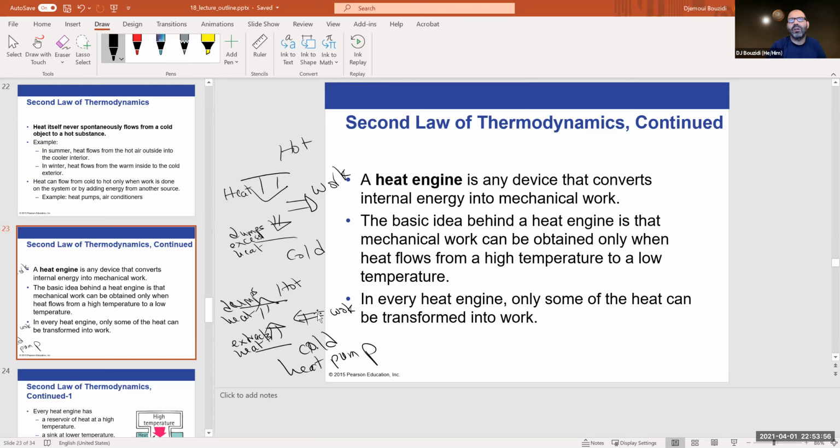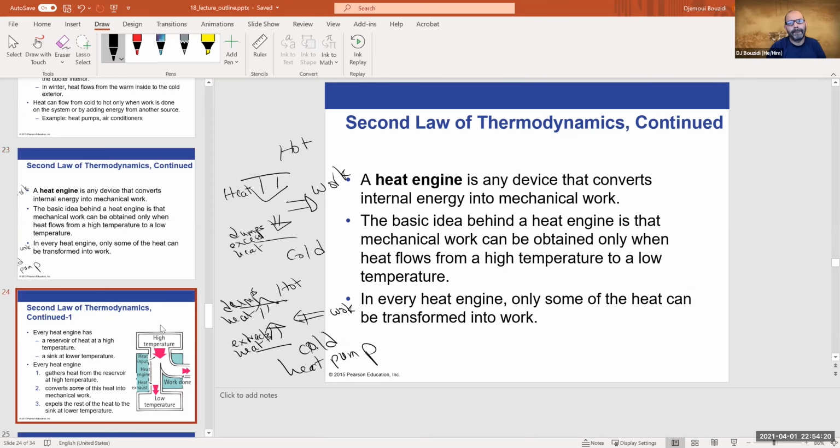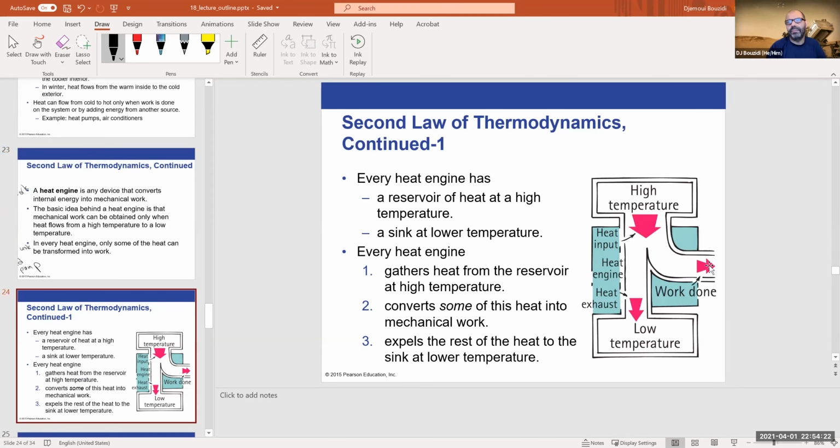And both of them obey the second law too, because this one, you can actually have it without work in here. I mean, we want to get work out of it, but if you let go of it on its own, the heat is going to spontaneously move this way. In here, it's not going to happen to have heat go from here to there. You really have to have that work in here. You have to pay for it to have it done this way. Okay? So this is the model. This is really what the model is.